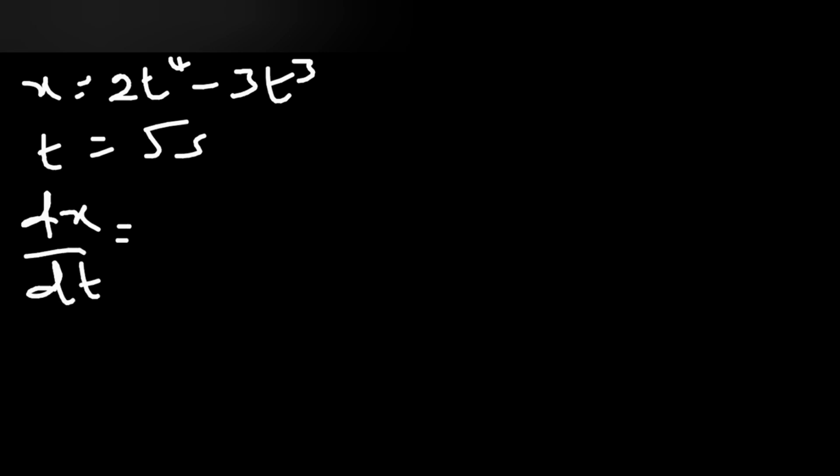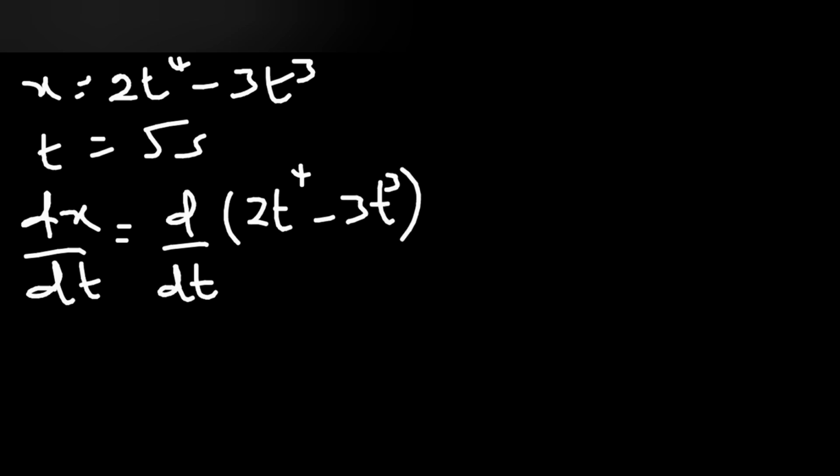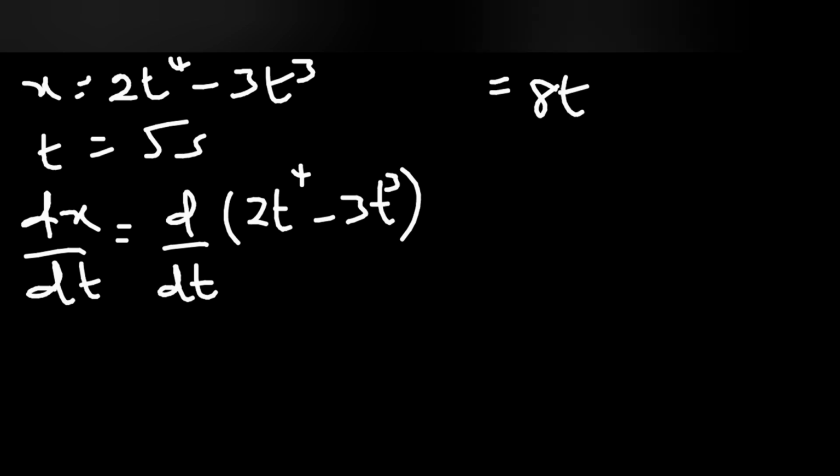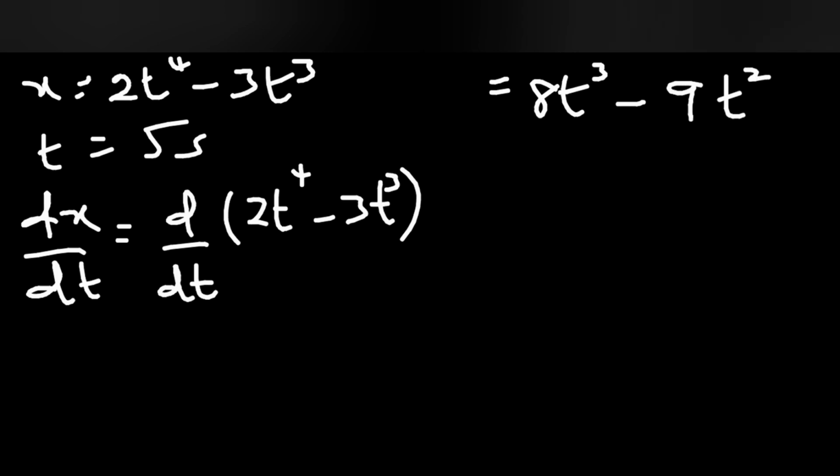So to obtain the instantaneous velocity after 5 seconds, we shall have dx/dt equal to d/dt of 2t raised to the power 4 minus 3t raised to the power 3. And this gives us 4 multiplied by 2, 8t raised to the power 3, minus 3 multiplied by 3, 9, reducing 3 by 1, we have t raised to the power 2. At t equals 5 seconds, we shall have v equals 8, now substituting t equals 5,